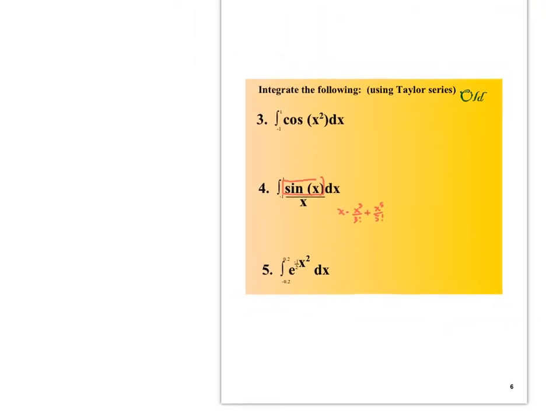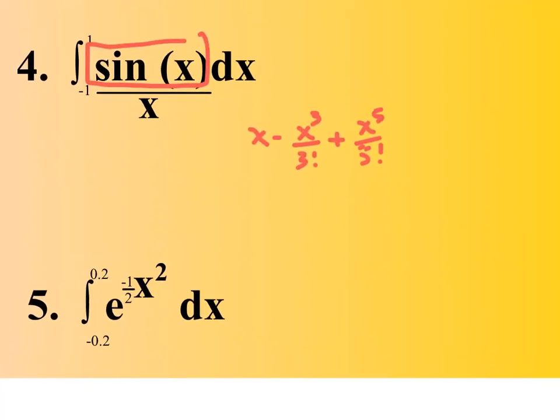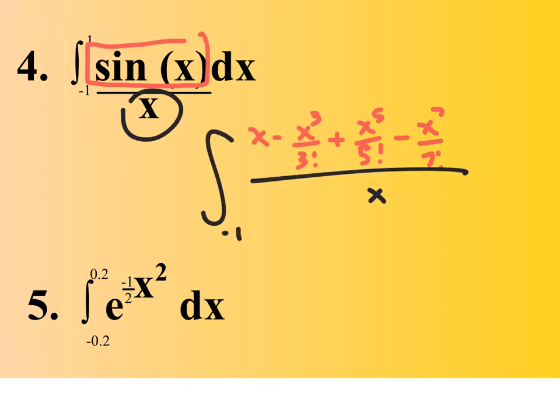And I don't know how far out I'm supposed to go, so I guess I'll go one more term: minus x to the 7th over 7 factorial. And I'm going to divide all that by x, and then integrate it from -1 to 1